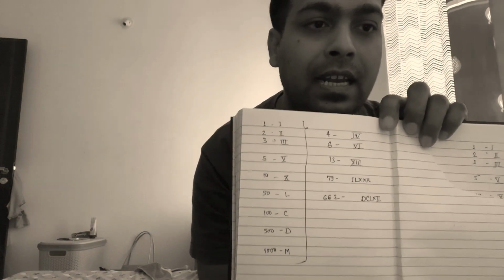The nearest Roman numeral you know is 500, which is D. So you write D, which is 500, and then you have to make 600, so you have D and then C, which is 100. So you now have 600, and now you have to represent 62, which is 50 plus 10 plus 2. So 50 is L, 10 is X, and then 2: II. So it's DCLXII. Thank you.